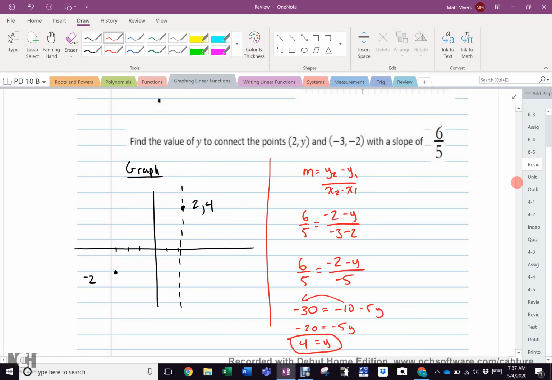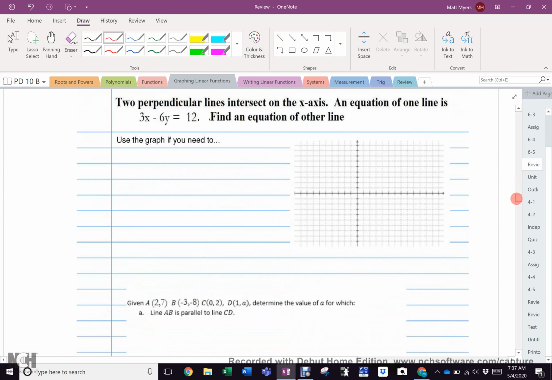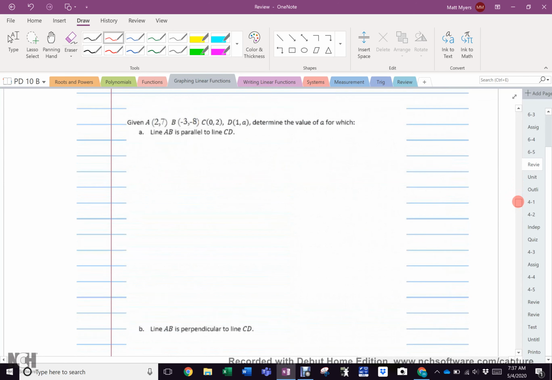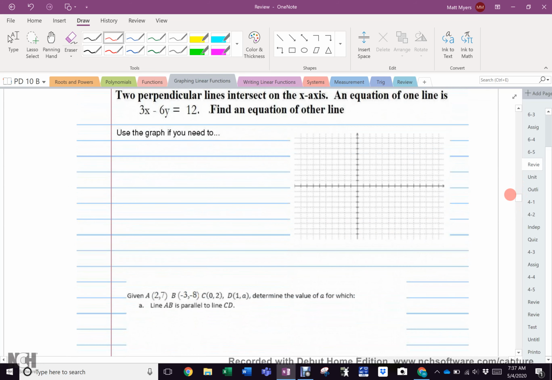Either way, 2 perpendicular lines intersect on the x-axis. I set this up for you. You can use the graph if you need to, but you really don't need to. Line 1, 3x minus 6y equals 12. They intersect on the x-axis, so that means they share an x